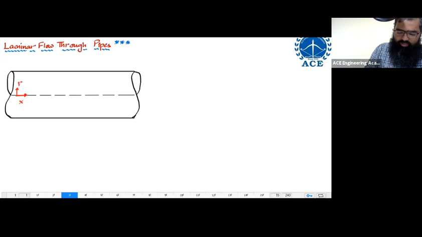So let us say I take a particular section over here. If I look at the velocity profile at this particular section,